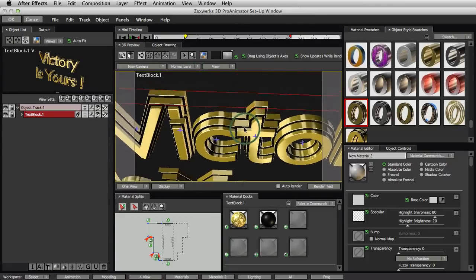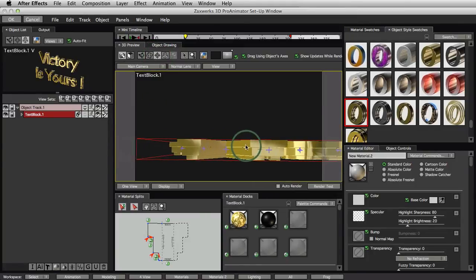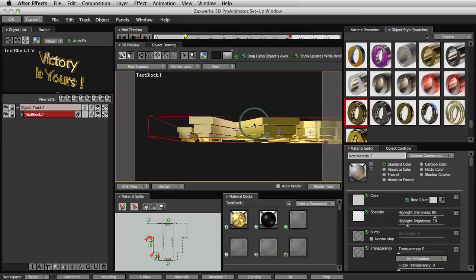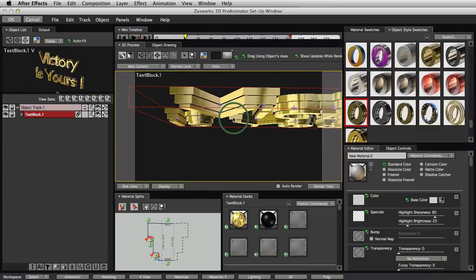Rotate this around and then drag down so you're looking straight from the top, and then use the tracking tool and then drag over to the right like this. Okay, and what you're going to see is this shape right here is the shape that you see down here inside of our material splits area. There's that same shape as seen from above. You see there it says front here, back right there. So here's the front, here's the back of your 3D objects.